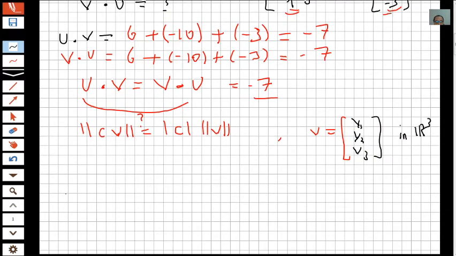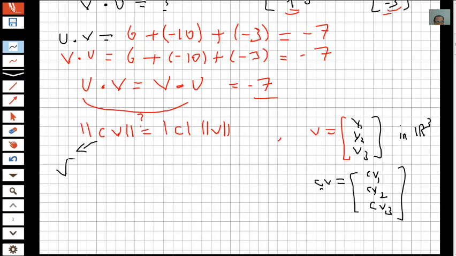So from here we calculate c times v. So c times v becomes c times v1, c times v2, c times v3. And from here the length, the norm of this vector, from the definition directly we can write